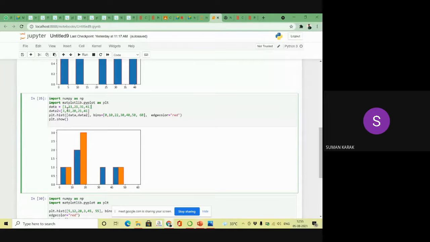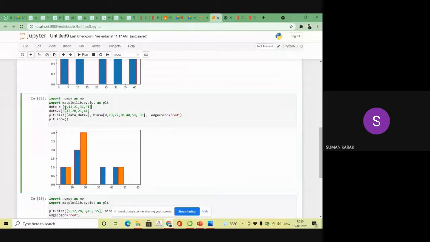In the first data, what is the first data? 1, 11, 21, 31 and 41. Between the range 0 to 10, how many values are there? Only one, right Pranjal?